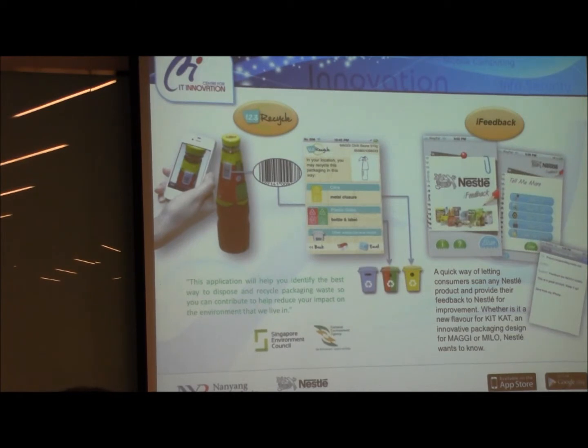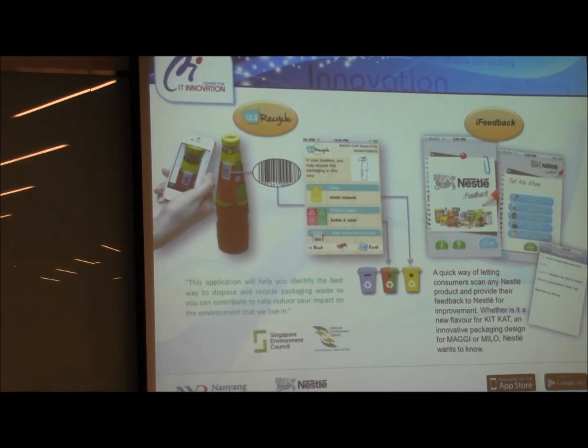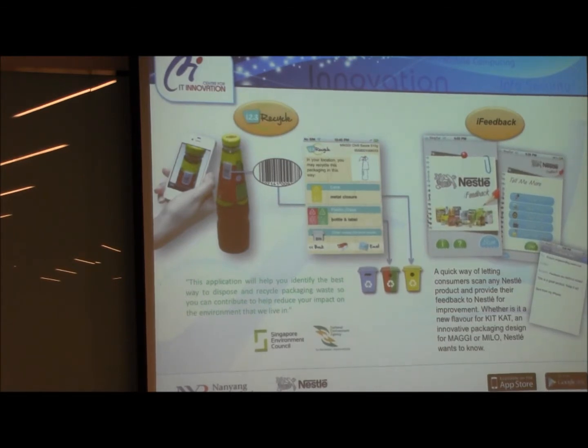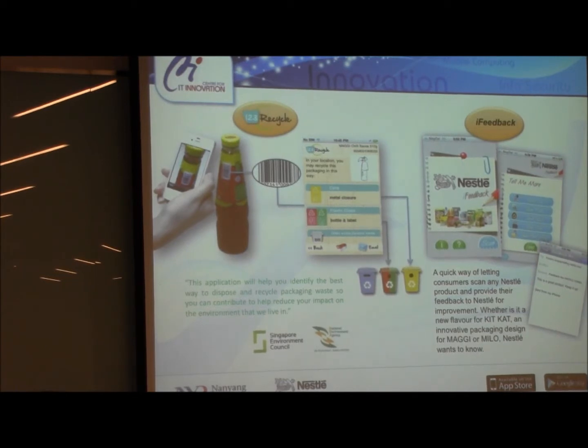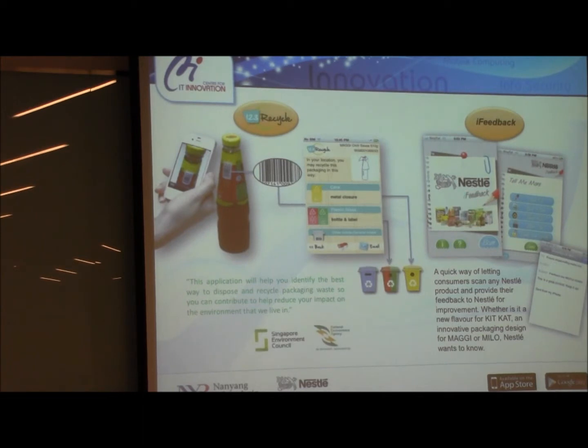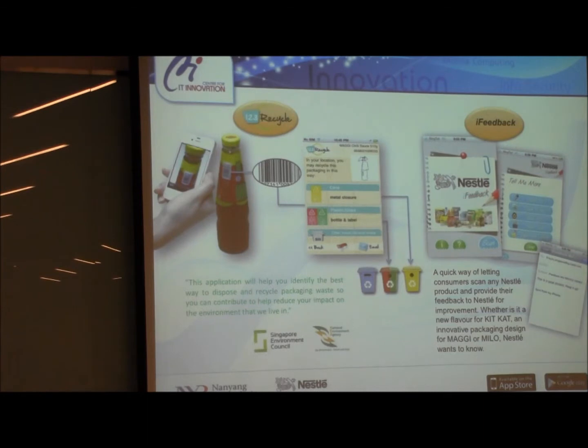Just to share, these are some of the apps that we have done for the projects. The first, on the left, is the 1, 2, 3 Recycle app, which Nestle commissioned us to do. This is part of their corporate social responsibility. It's more or less like an enterprise mobility app. You can use it to walk into any supermarket and scan the barcode of any of the products. Immediately it connects to the back-end SAP systems, tells you what product it is, and tells you how to recycle the packaging waste. I think Nestle is very particular, they want to do that bit for the environment.